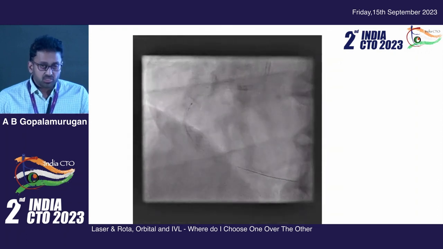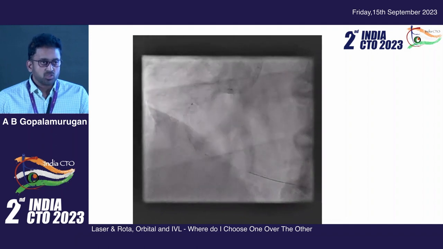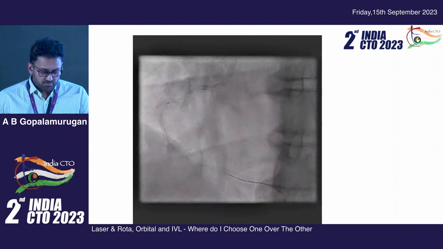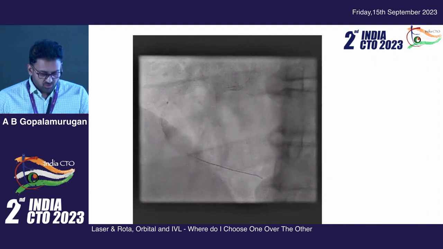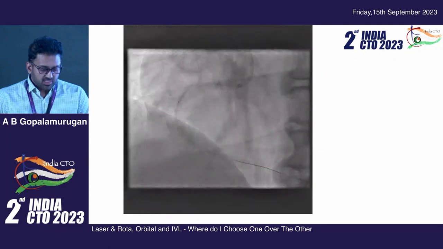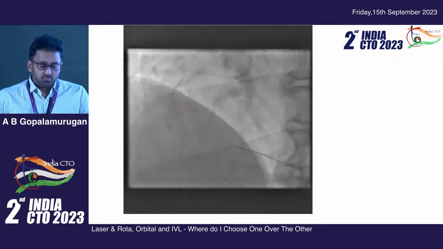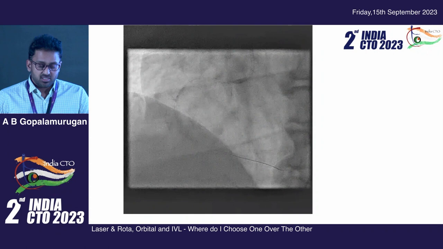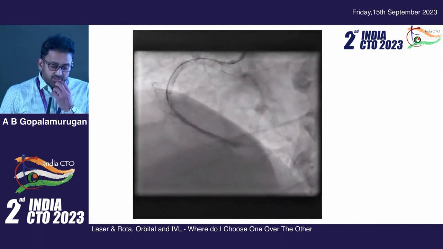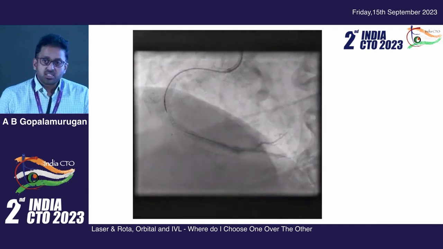Eventually managed to cross it with balloon support, but a 1.25 semi-compliant balloon would not cross, with a lot of guide backing. So therefore, you're looking to rotor this. So I try to gently dilate it very carefully, bearing in mind I don't dissect it, and that will stop me from rotablating. And then I put a microcatheter, slightly wedged it, and the microcatheter would not cross,